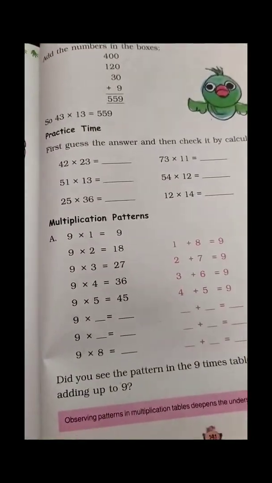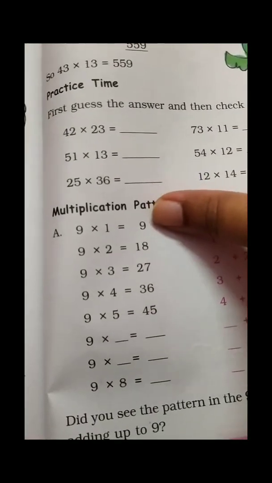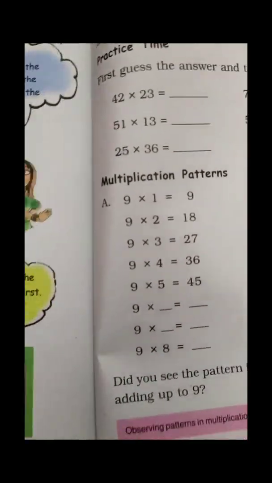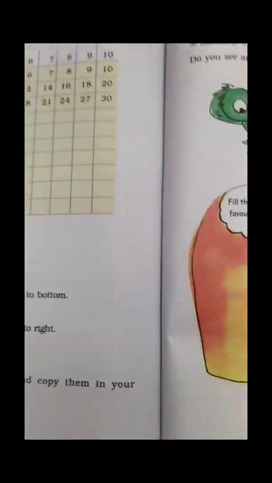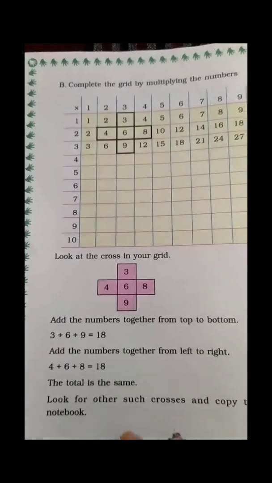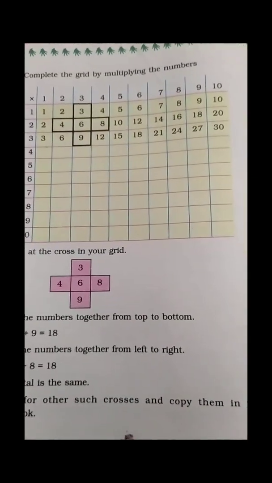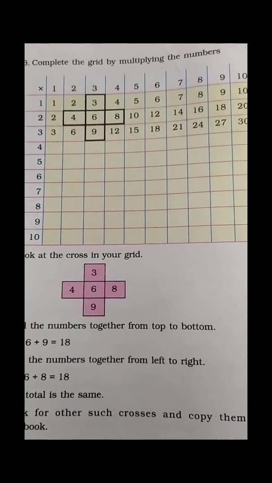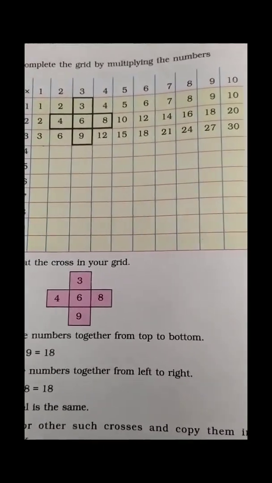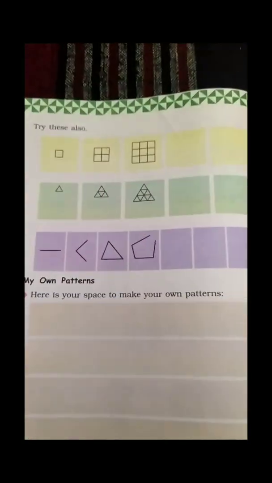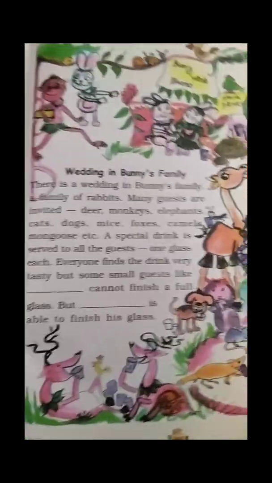We have done addition. See, I told you that the pattern goes with the multiplication table: 9, 18, 27, 36, 45. This is a quick revision of this chapter so that we can start the next chapter, Jugs and Mugs. Today we have wound up this chapter. I've already given you the copy work. Now I'll give you a small introduction of the chapter Jugs and Mugs, and then we will continue it in the next class.